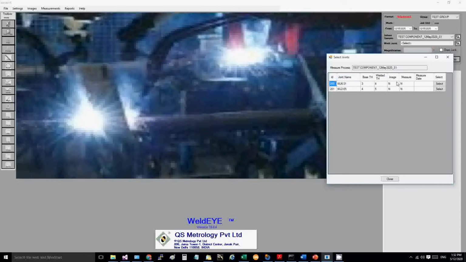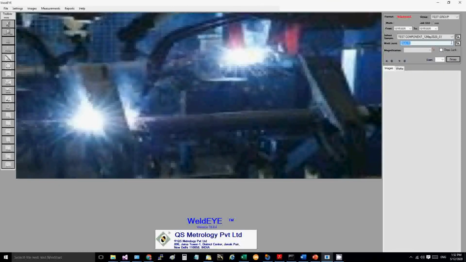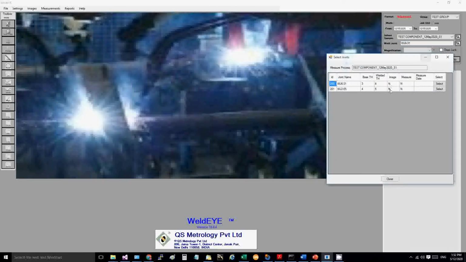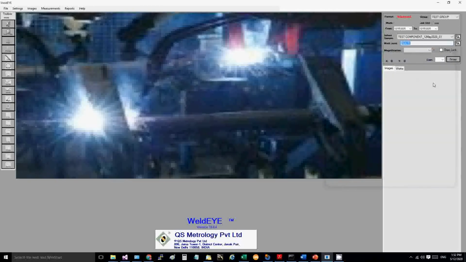If you see, we have not captured an image and we have not measured it, so both statuses are no. First we will select a magnification. Then next, if we have a camera and a microscope, we will play the camera. You will see a video here and we will snap the image, which will load the image into this right pane window under the images tab. Since this demonstration doesn't cover a microscope and camera, we will load an image.